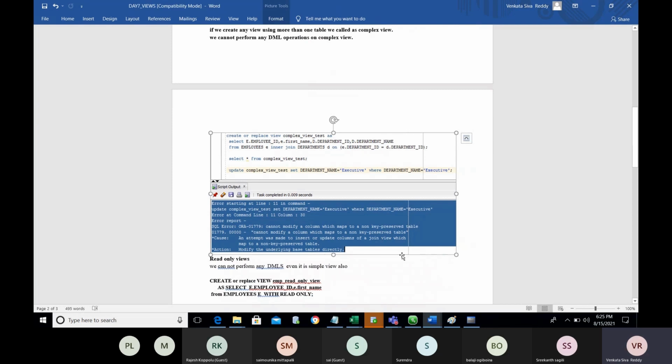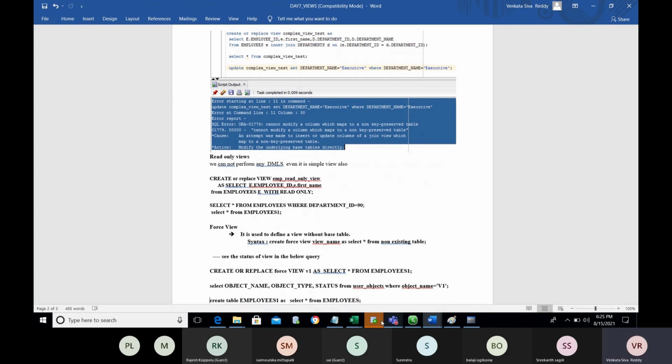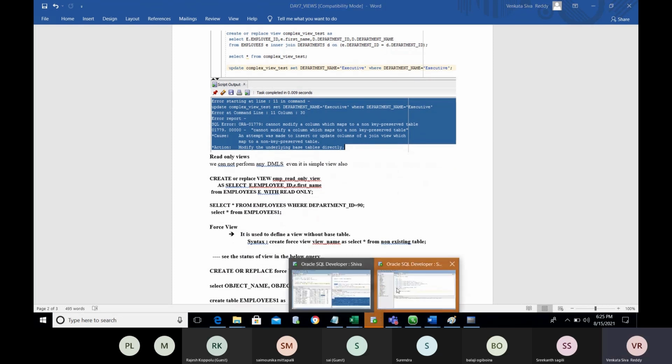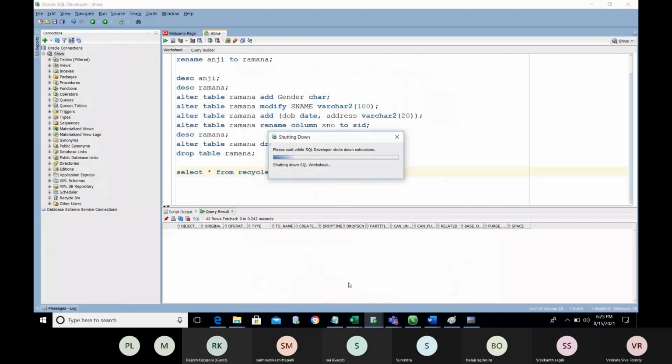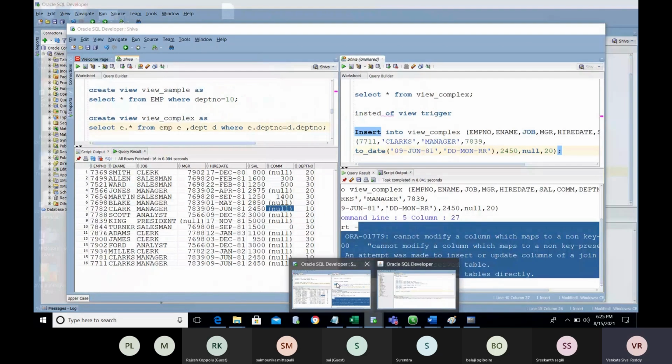We have other views also. While discussing the other views, we will see the use of the replace option. I'm going to create the view again here.